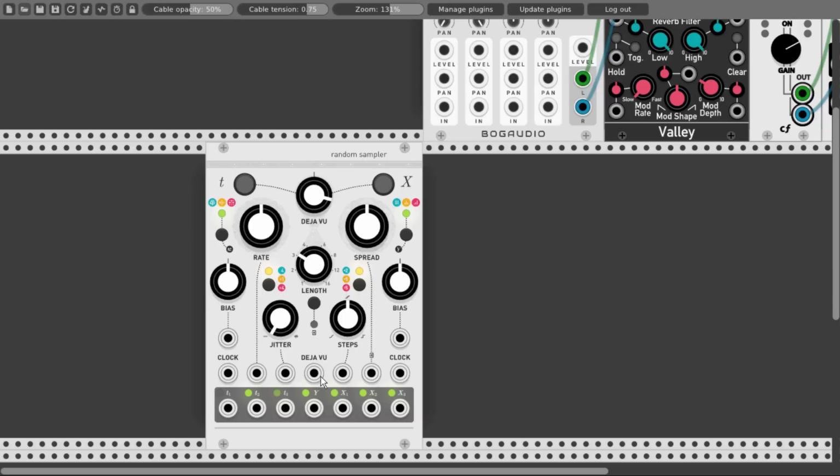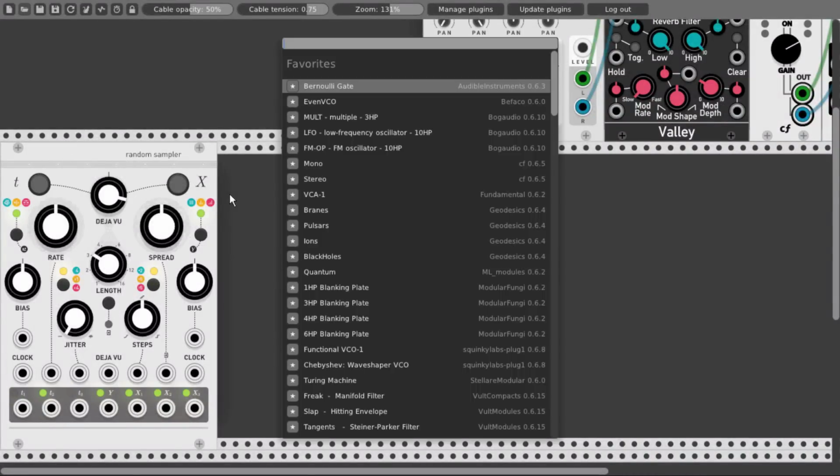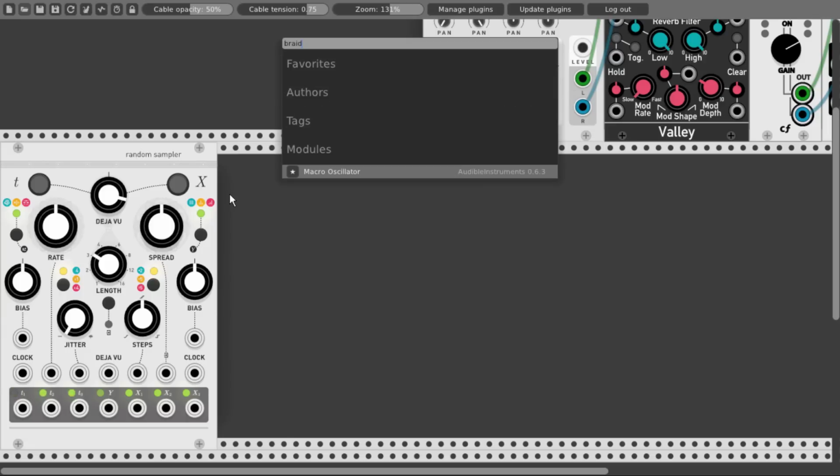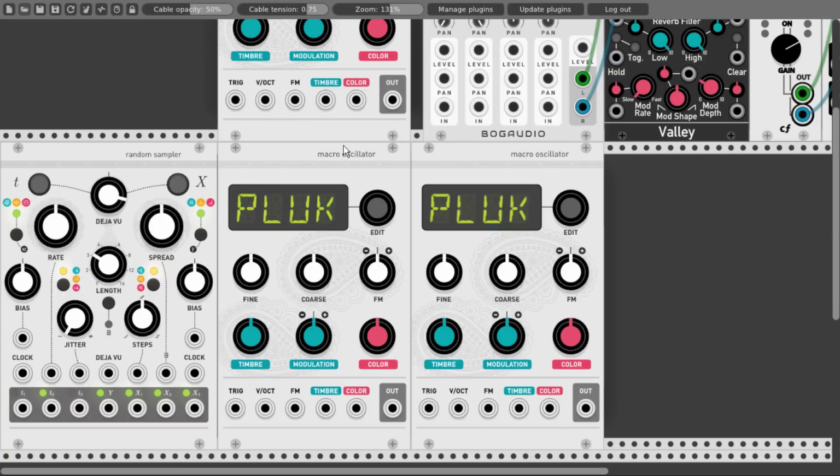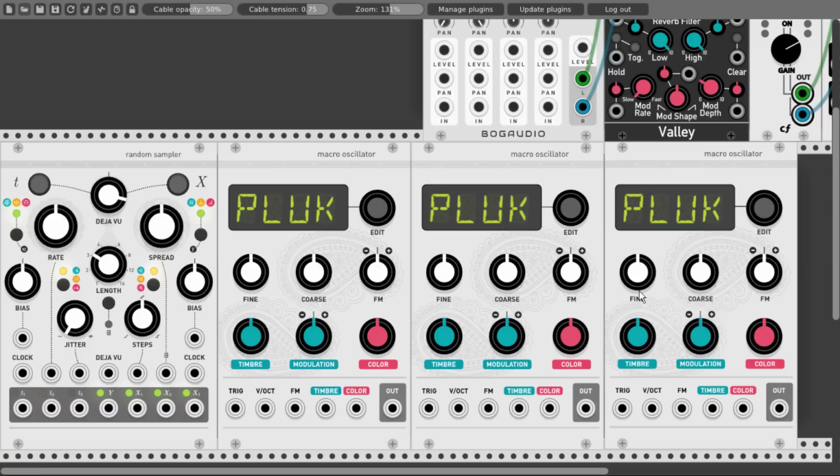We can also modulate the Deja Vu function using its dedicated CV input, which also allows us to control it with external gear and play it live. So let's build a small patch to demonstrate how this function works and sounds like. And for this we will use 3 Braids modules in pluck mode, so I will change the first one to pluck and duplicate it. And let's trigger them with 3 T outputs, the first 2 with T1 and T3, and the third oscillator with T2.